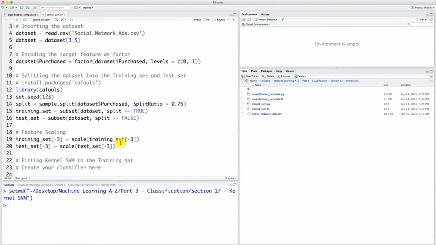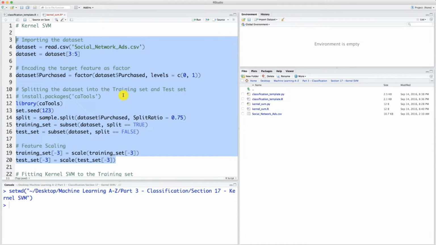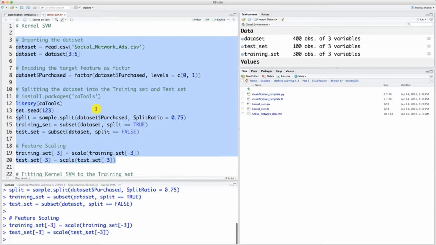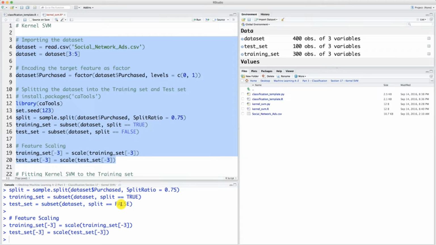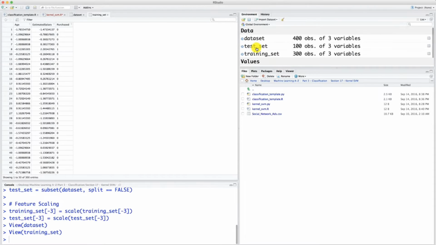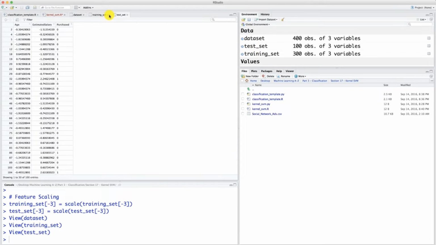First, we're going to select all the data preprocessing first step to preprocess the data. So we're going to press Command or Control plus Enter to execute, and all good. As you can see, the code executed properly. Now we can have a quick look at the data set, the training set and the test set. We can see that we have 400 observations in the data set, 300 that were selected to go to the training set, and 100 selected to go to the test set. That's because of our